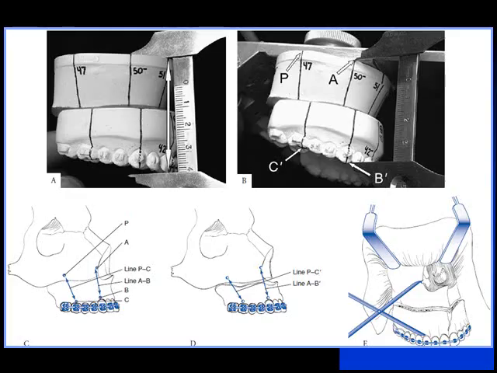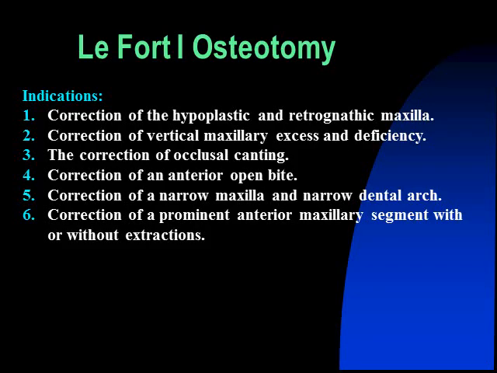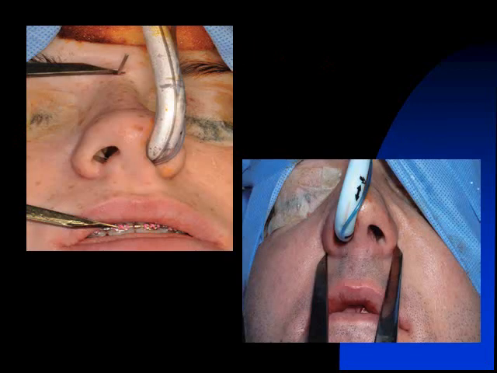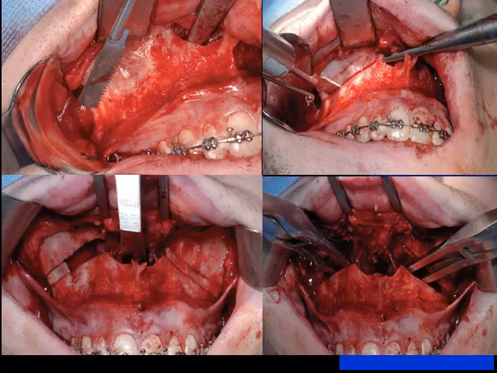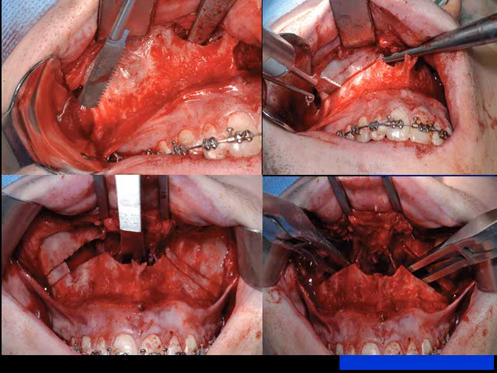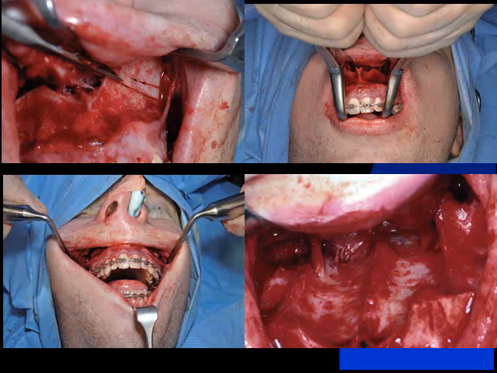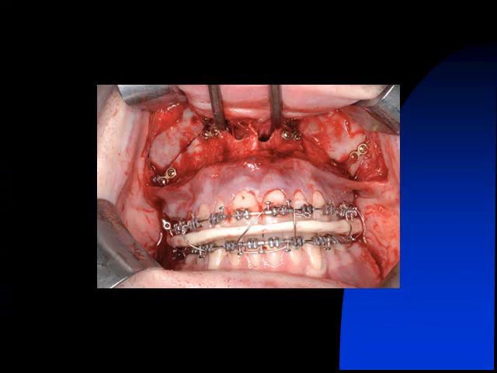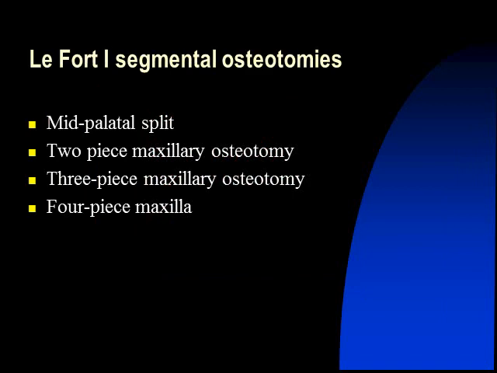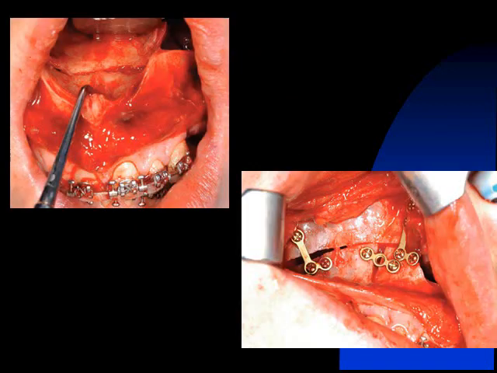All of these, as I mentioned, should be done on models, and this is the Le Fort 1 osteotomy to correct the relationship. You have to cut the bone at that level and separate the maxilla completely, but it is still attached to the palatal mucosa and the posterior buccal mucosa, which could be done by a buccal approach. We can remove bone, we can put bone according to the required position, and then after finishing we have